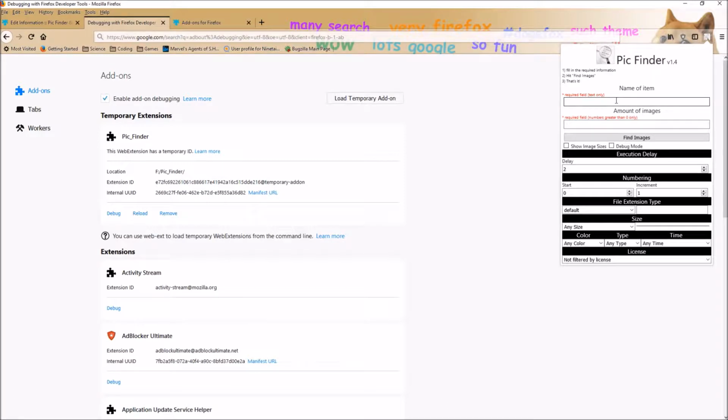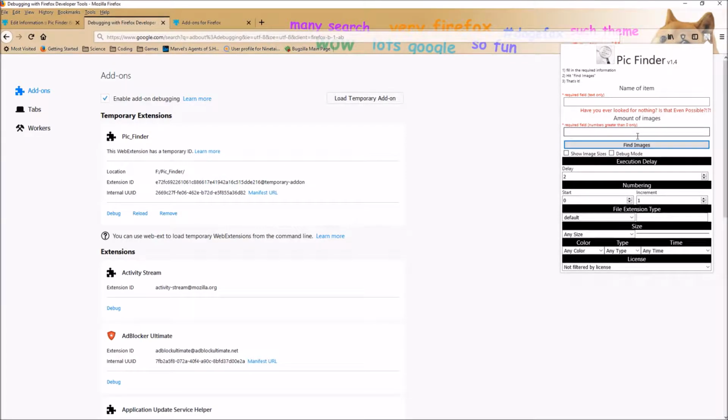So we have required fields, name of item, and amount of images. If you don't put anything there, an error does come up, one of many errors, and they each have their own error messages. So, after putting in a certain amount of images and the name of your image, you have these advanced options, from numbering the file names to the extension type, the size and color,